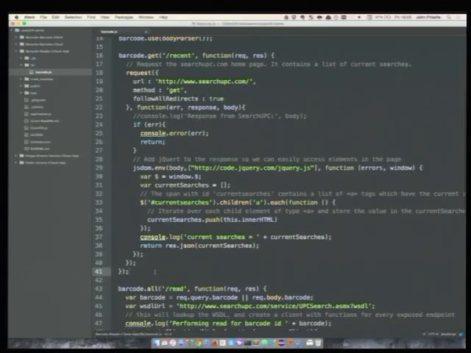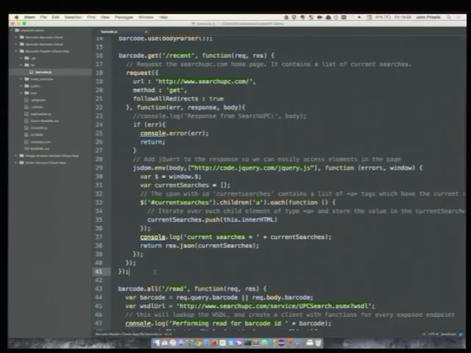So once we get a successful HTML response back, we use a node module called JS DOM, and we load jQuery into the HTML response. The site doesn't have jQuery in it by default. We inject jQuery because the jQuery selectors are just so damn powerful. It makes it really easy.